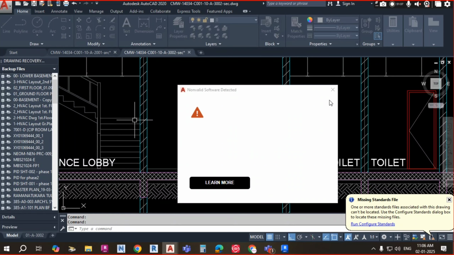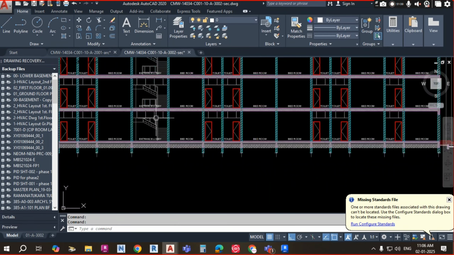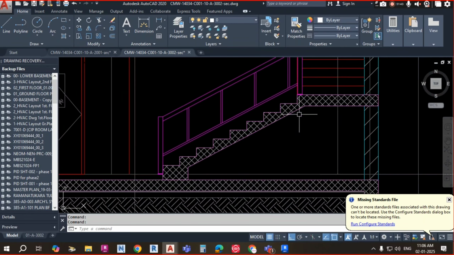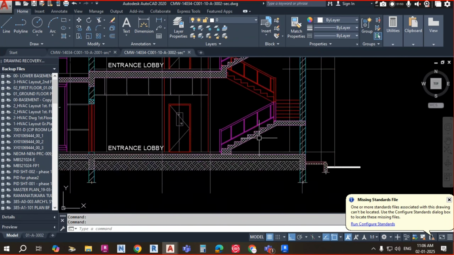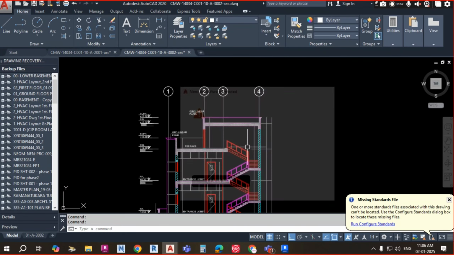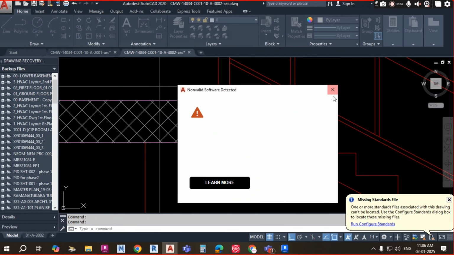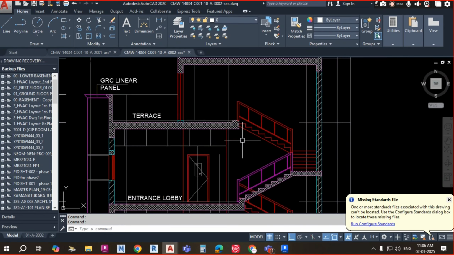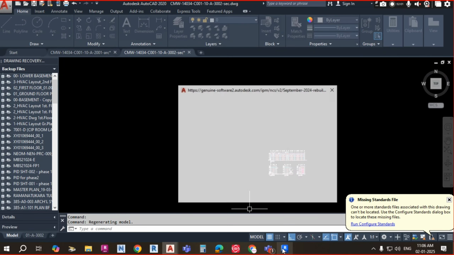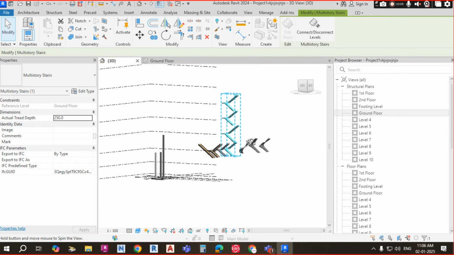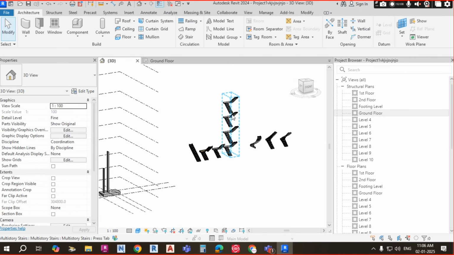These are the staircases. They have given some sectional views. Here also they have given, here also they have given, you can see. So in the project they have used monolithic, not assembled, you can see. So you just go and proceed with the same. Okay, it is going to touch here in the view. So this way you have to work out the steps in the project. Okay, so now you just go and